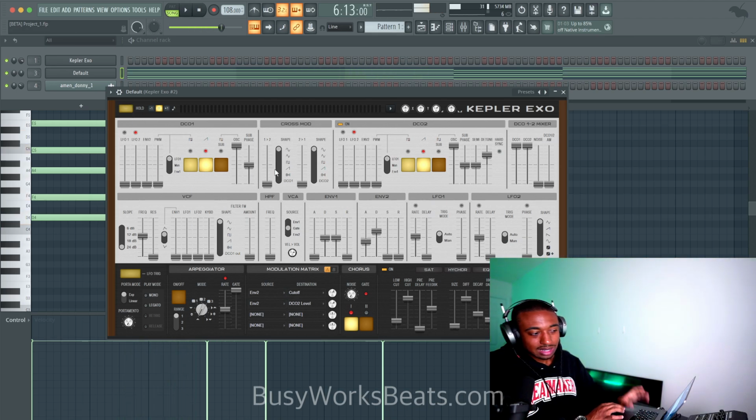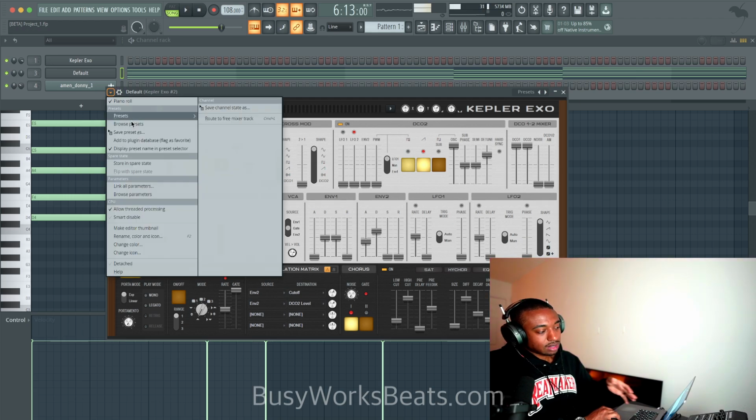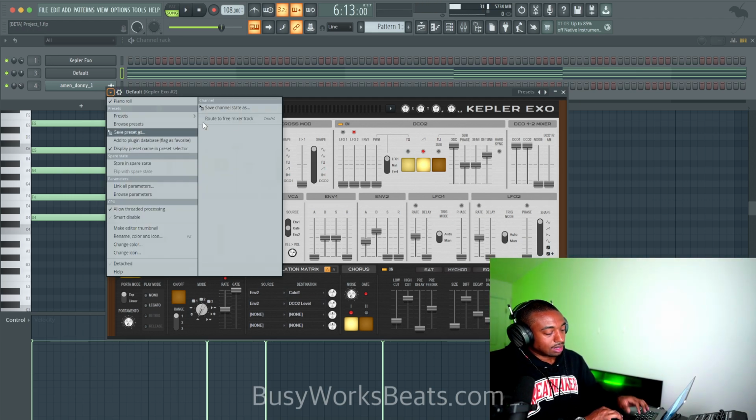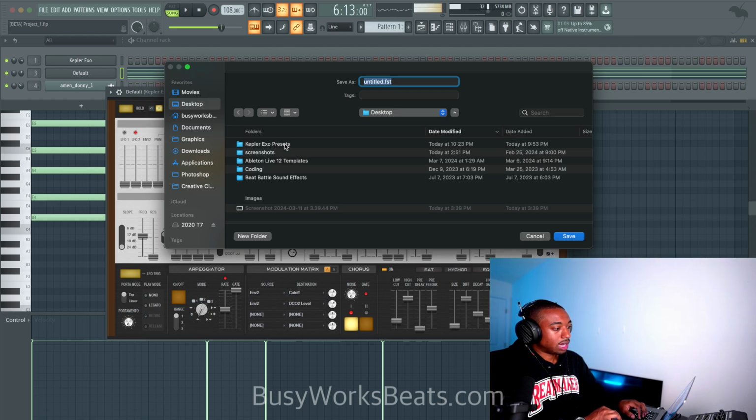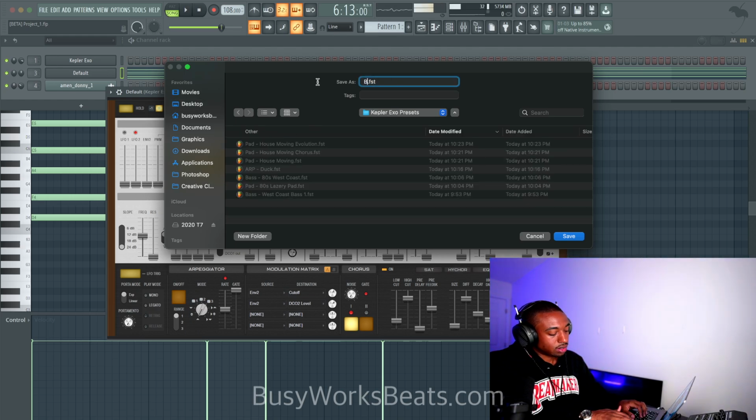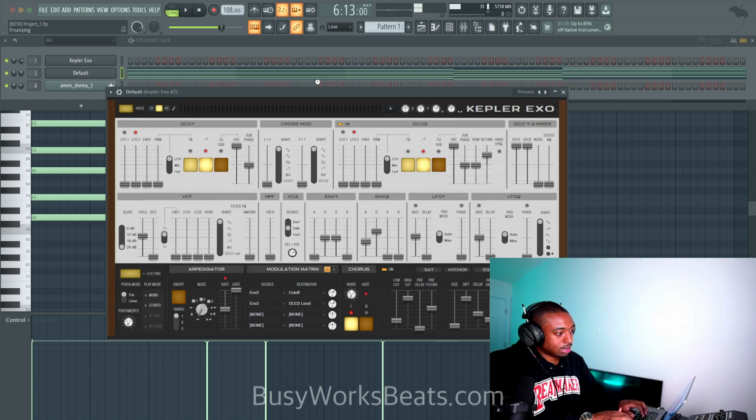This synth is not the easiest interface to deal with. If you're a beginner watching this, this isn't a very advanced interface, and it's not that easy to understand. A lot of it is not visual, so you have to understand the core principles of this. So let's call this brass, and call it 80s brass, something like that.